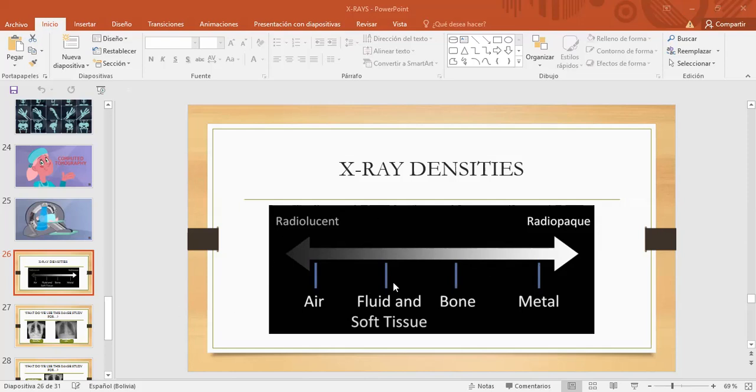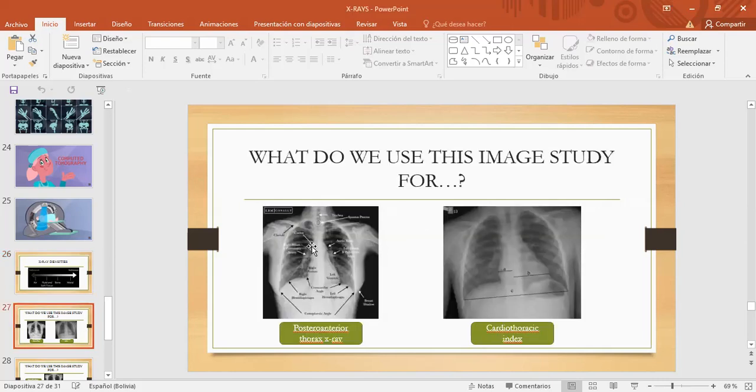So when we use X-rays, we do not only see bones. We can see a lot of structures. For example, here we can see the heart, which is not bone. And if you compare the color of the heart in the X-rays,